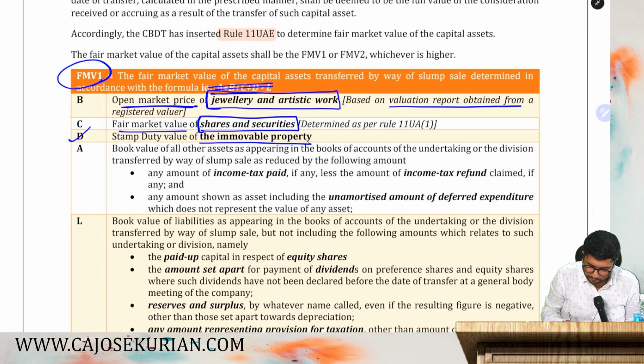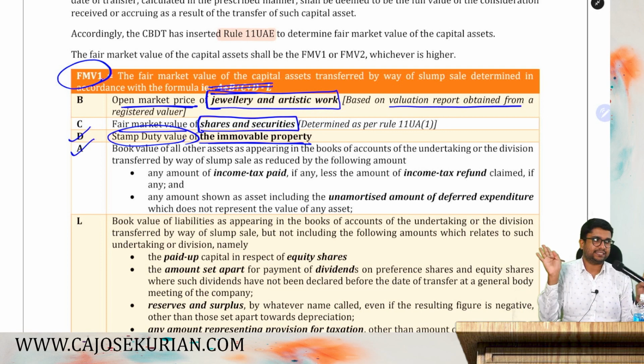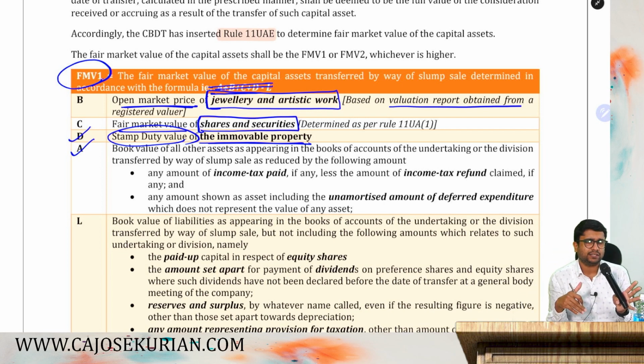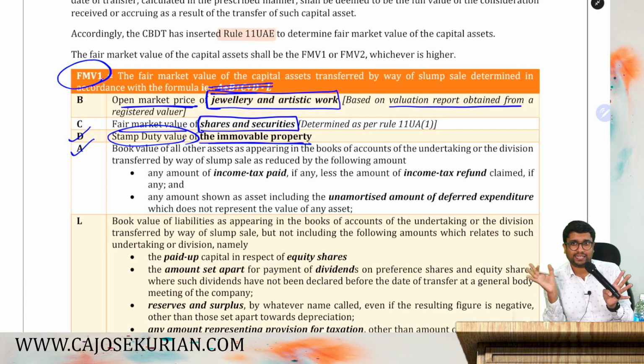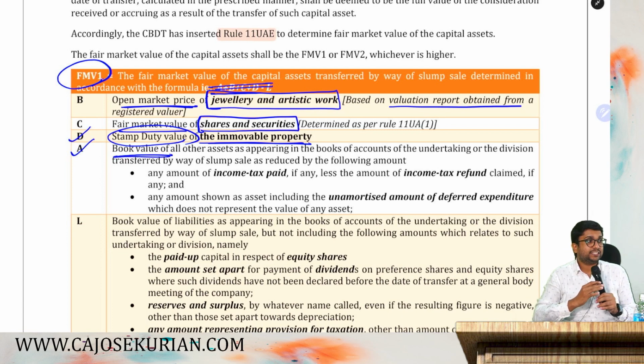Now, if the asset that you have is immovable property, then you take the stamp duty value. If the asset is immovable property, you take the SDV, that is the stamp duty value. Then if you have any other assets like debtors, creditors, cash, bank, bills, receivables, etc., you take the book value. Any other assets, you take the book value, except